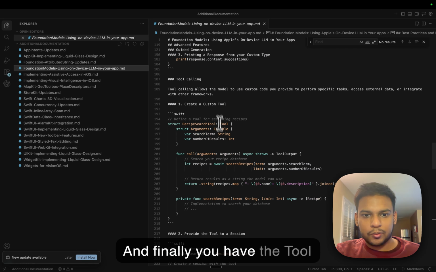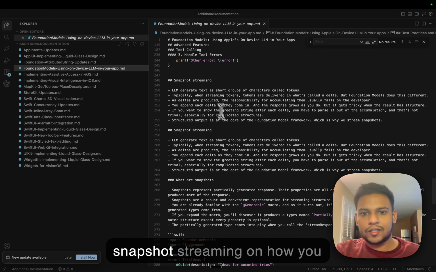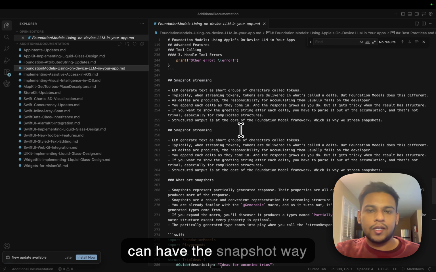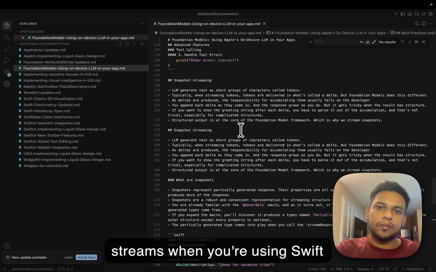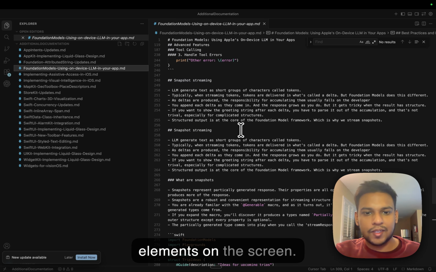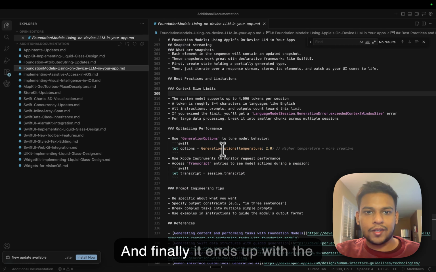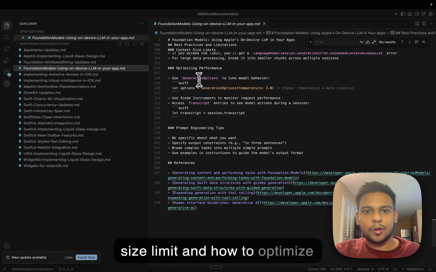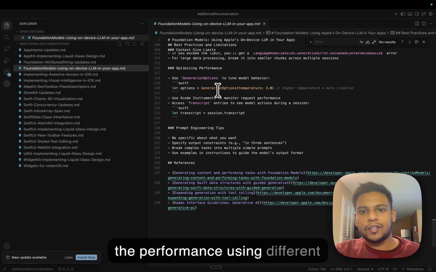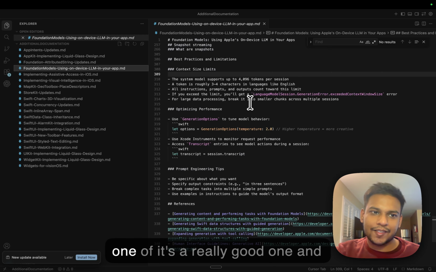And finally you have the tool calling, and then provide the tool to the session, and then the snapshot streaming on how you can have the snapshot way where you can have partial data, but it still streams when you're using SwiftUI, so you can have the elements on the screen. And this also provides an example for that. And finally it ends up with the best practices and the context size limit, and how to optimize the performance using different model behavior. So remember I said that it is a really good one, and it is